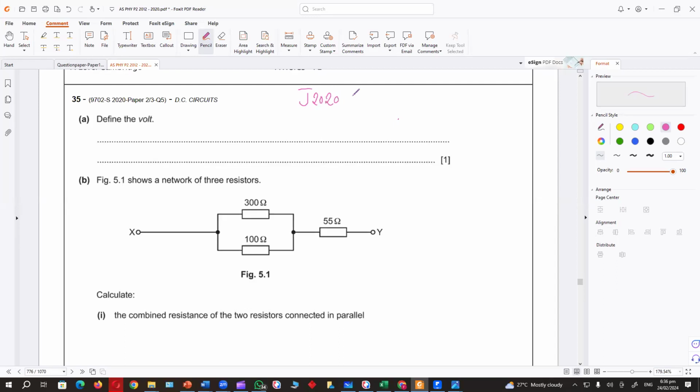June 2020, paper 2-3, question 5. Define volt. So how do we define volt? Can anyone answer how we define volt? When 1 joule of energy is used,